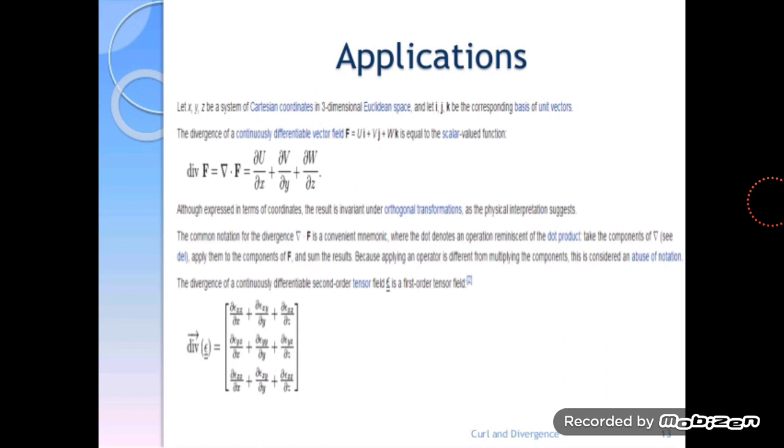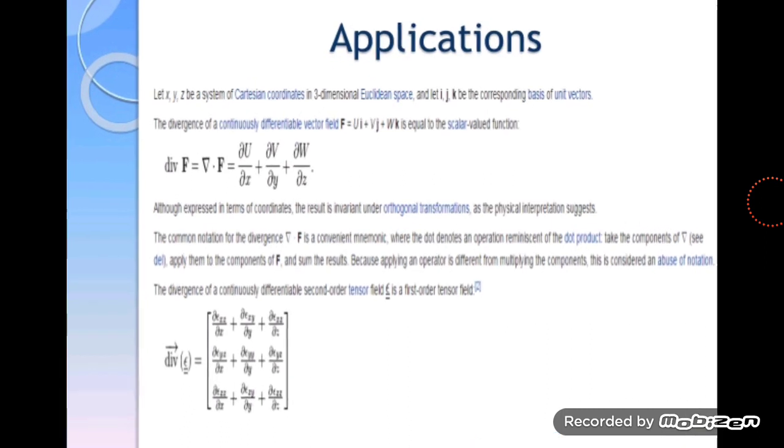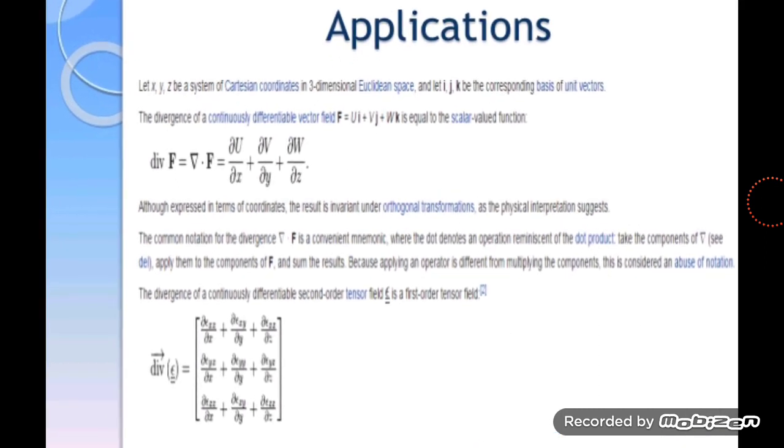then divergence of f is equal to del u by del x plus del v by del y plus del w divided by del z. Although expressed in terms of coordinates, the result is invariant under orthogonal transformation, as the physical interpretation suggests. The common notation for the divergence, del dot f, is a convenient